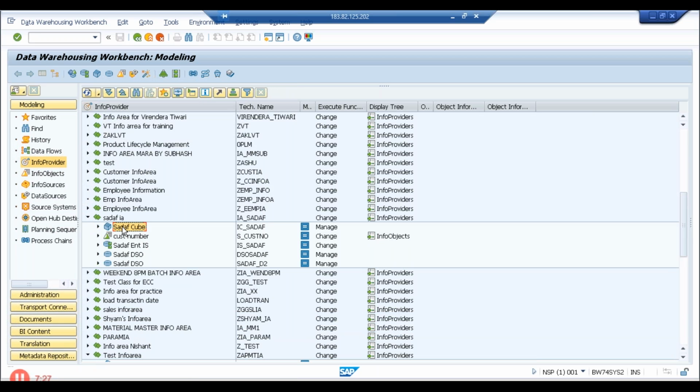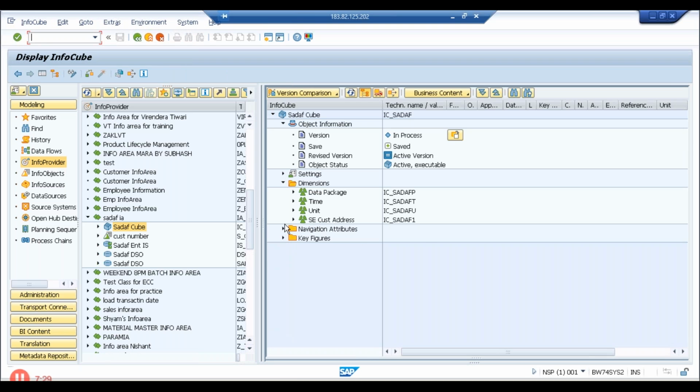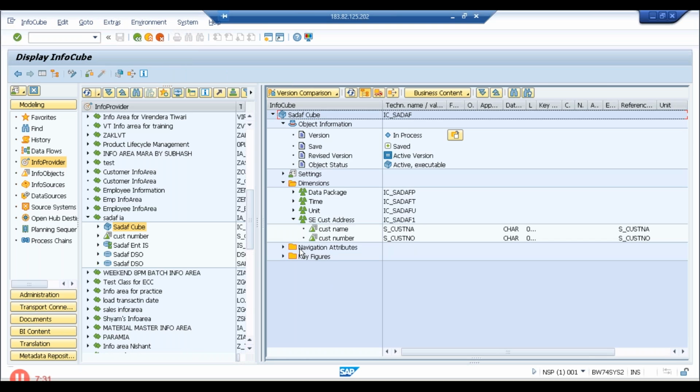in this we have a cube. If we double click on it, you see all the characteristics are under one dimension, and the dimension name that we have here is IC underscore Sadaf1. So this is one example we have done in the previous batch. So what happens here is, there can be up to